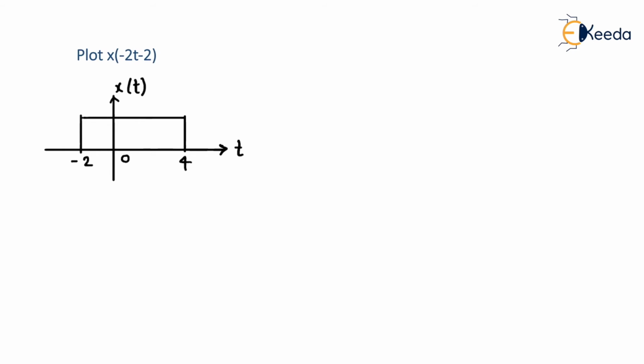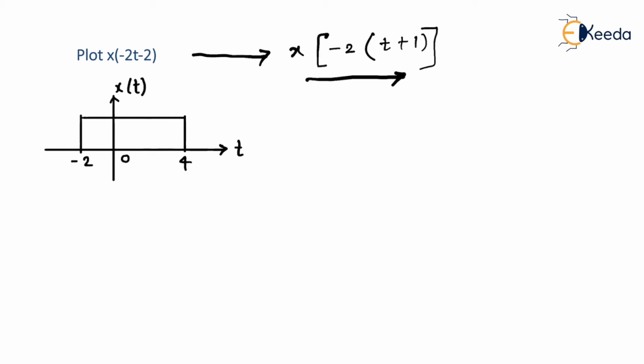So now you have to plot x of minus 2t minus 2. I'm sure you must be in a position to solve this. First of all, make the t coefficient free. In order to do so, take minus 2 out, and what we have inside is t plus 1. Is that right? Again, you are moving from left to right. When you are moving from left to right, don't scale by 2 immediately. Wait for it. What you observe first is not 2 but a negative sign. Therefore, step number 1 would be what?